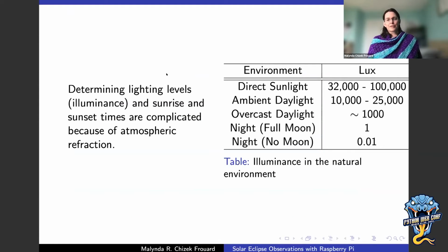So the motivation for this experiment, I work as a software engineer by trade, but by education, I am an astronomer, and light levels are of course very important to astronomers. And so determining light levels during sunrise and sunset and events such as solar eclipses are actually very complicated because of atmospheric refraction. It's very much dependent on the cloud levels or the amount of water in the atmosphere or